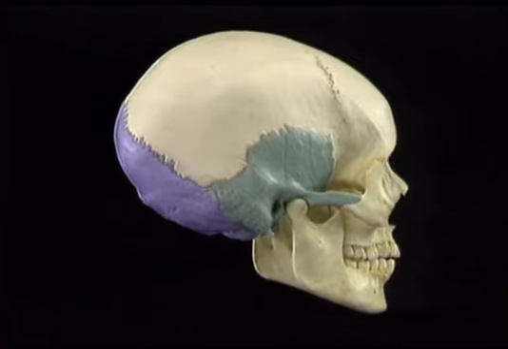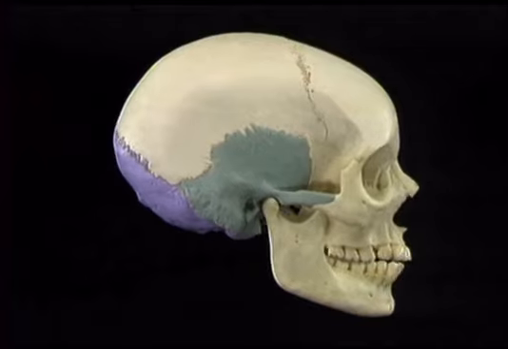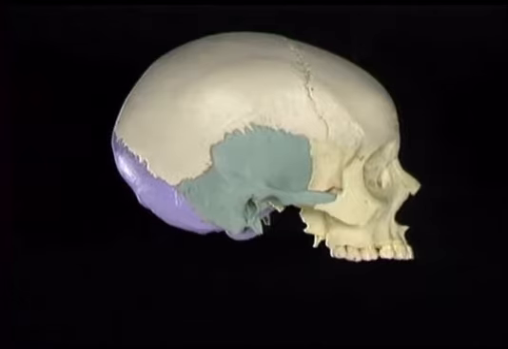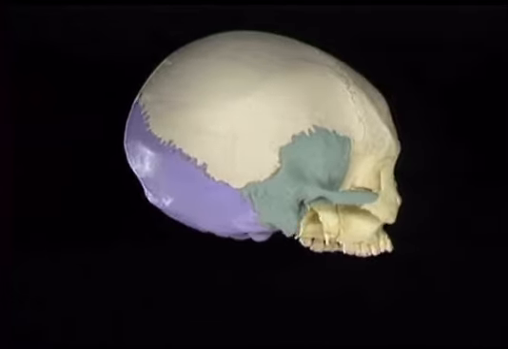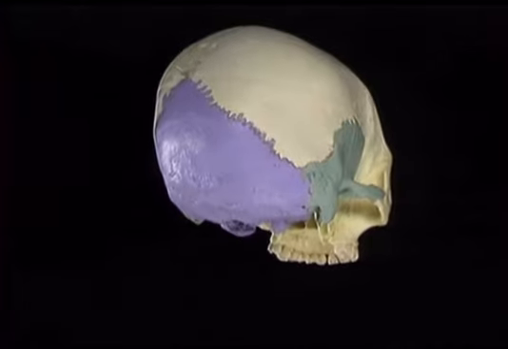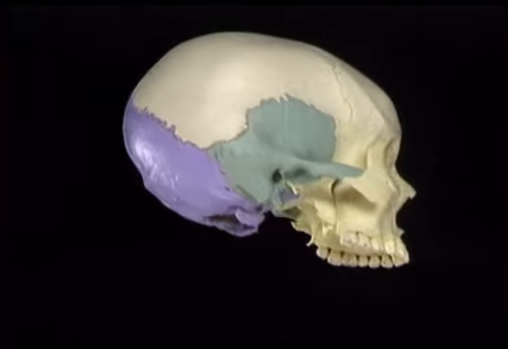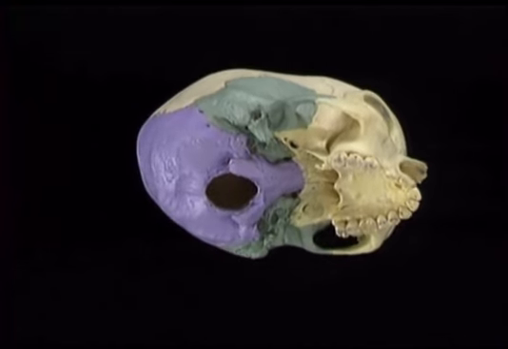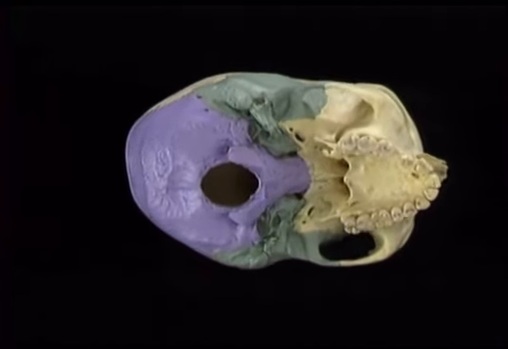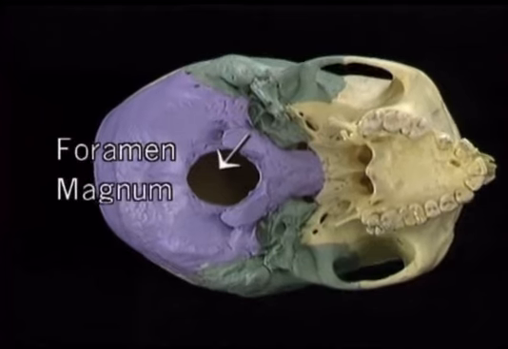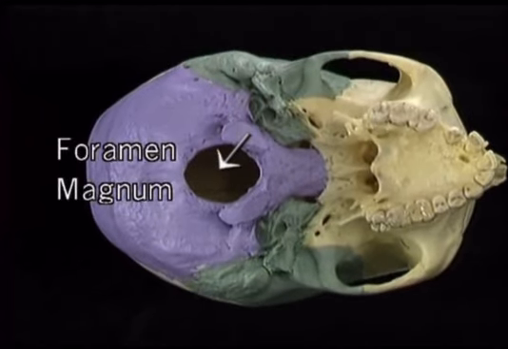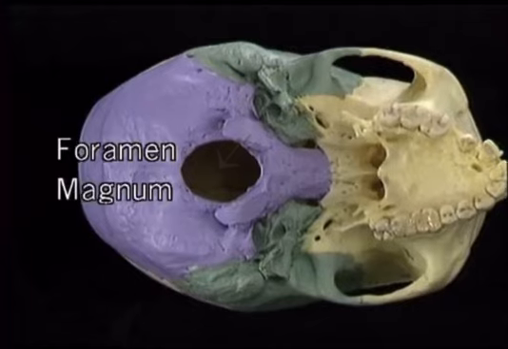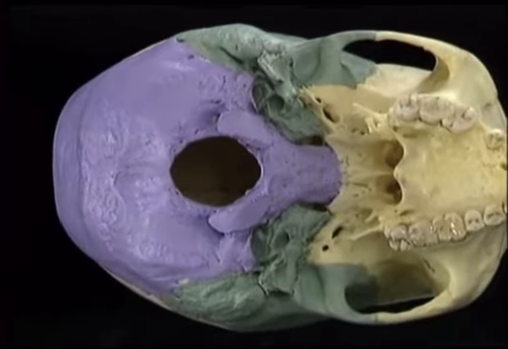To see the full extent of the occipital bone, we'll take the mandible out of the picture. The occipital bone extends all the way from here at the back to here underneath. The most striking feature of the occipital bone is this large opening, the foramen magnum, through which the spinal cord and its accompanying structures pass. The part of the occipital bone